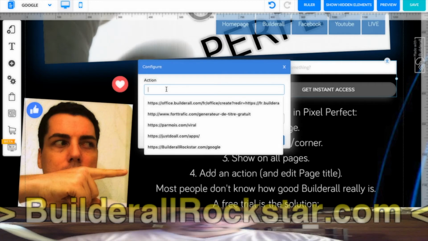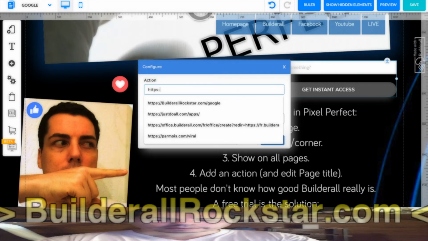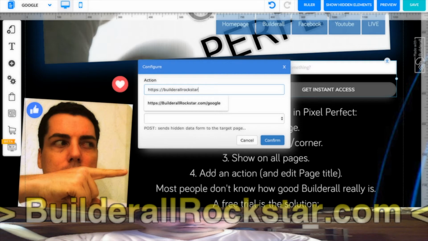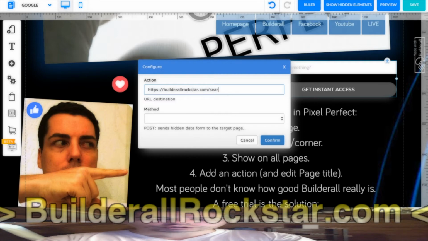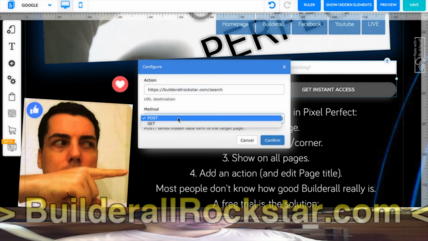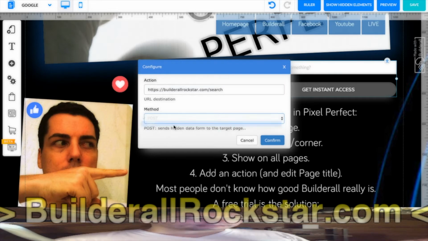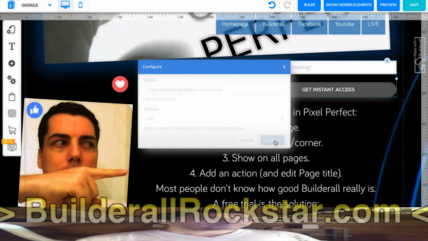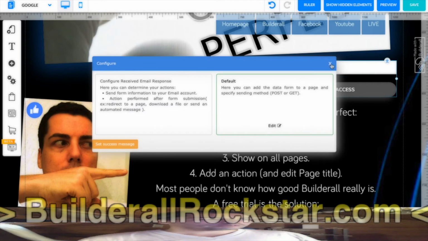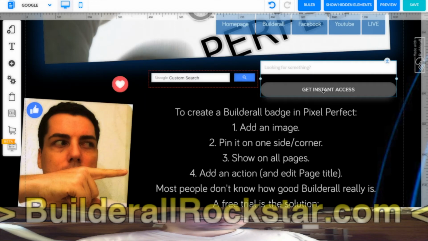It's the same: HTTPS builderallrockstar.com/search. It's the same as in the search box settings of the Google custom search engine. The same. And the method is get. Post or get, it is get. Confirm. And close it. Now we want to change the button.